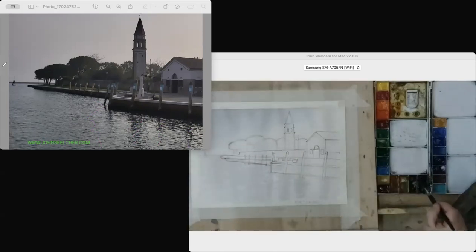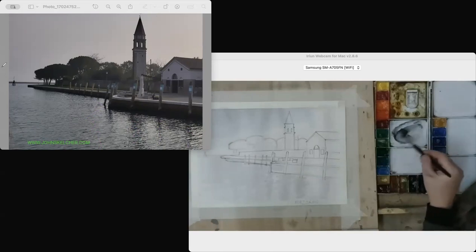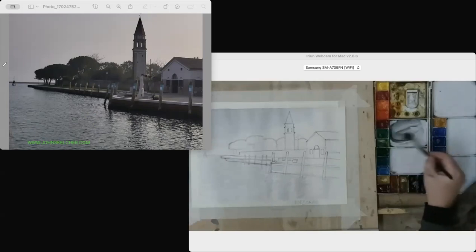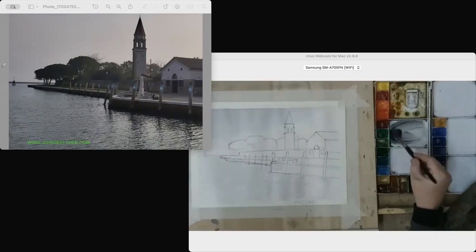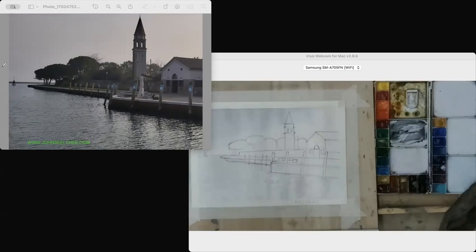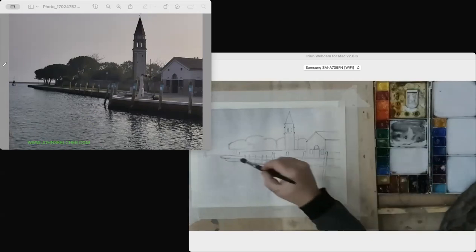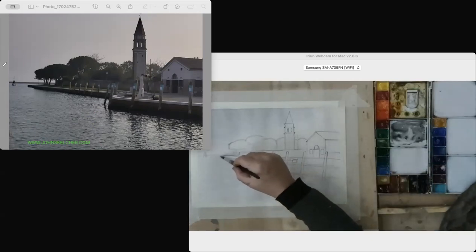So if we take neutral tint, it's not a bad color to begin with because it is grey. And I make it a little bit stronger, maybe like a coffee strength. And I'm going to add a small amount of raw sienna. The raw sienna shall warm this up, and now I have a warmer grey that I'm going to bring in from the end of the island